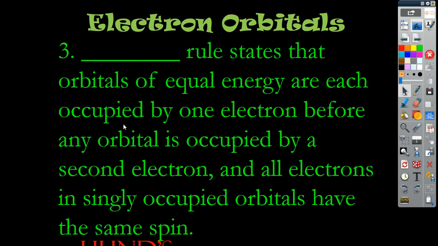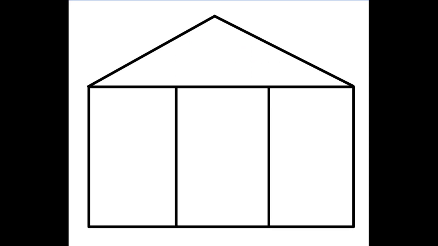And then three, Hund's rule states that orbitals of equal energy are each occupied by one electron before any orbital is occupied by a second electron, and all electrons in singly occupied orbitals have the same spin. Whew, now that's a mouthful. One way to think about Hund's rule is to think about a house that has three equal rooms, and if you have siblings, this analogy might make a lot of sense. I've got a lot of siblings, and so if I have the opportunity to get away from my siblings and exist in my own room,